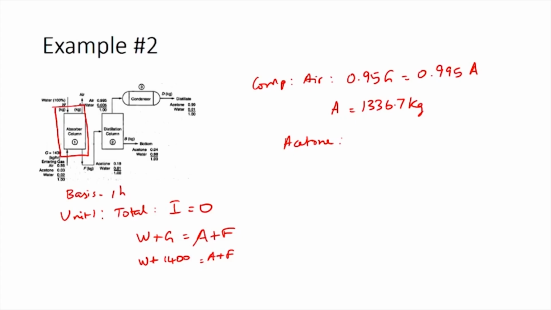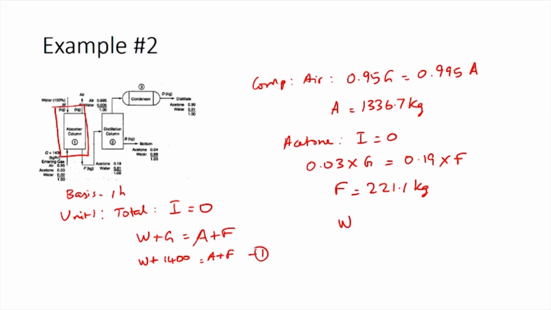So, acetone balance, which is input equals output, would then become 0.03 times G, which is 1400, is equal to 0.19 times F. As we already know the value for G, we can calculate F as 221.1 kilograms. Substituting the values for A and F in equation 1, which is the total balance, we can calculate W as